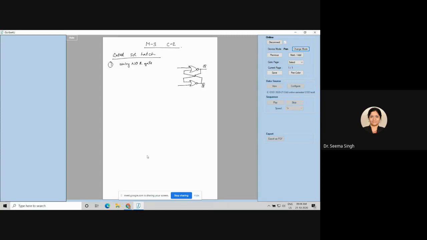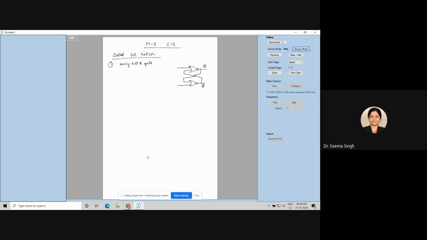I want to have a controlled SR latch. A controlled SR latch is nothing but a gated SR latch. And you all saw in your module 2 that whenever I wanted this control thing into the picture, I had kept enable. Enable means controlling. If I enable it high, it will work.